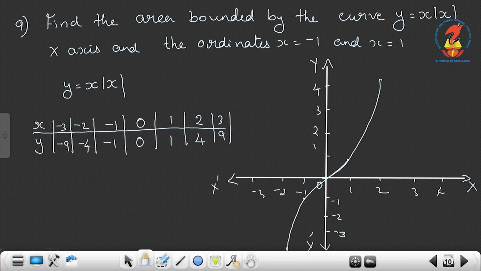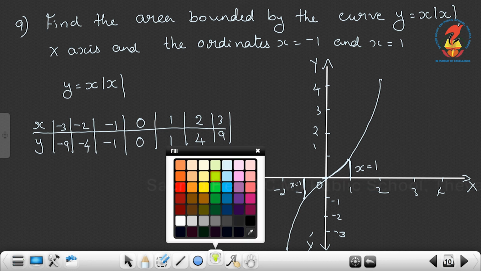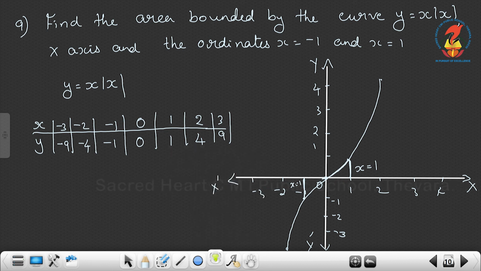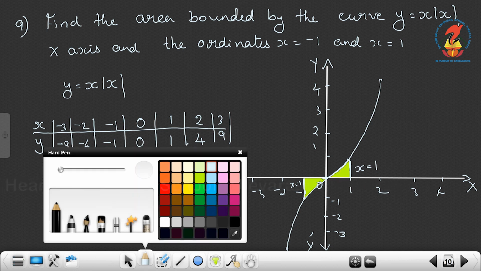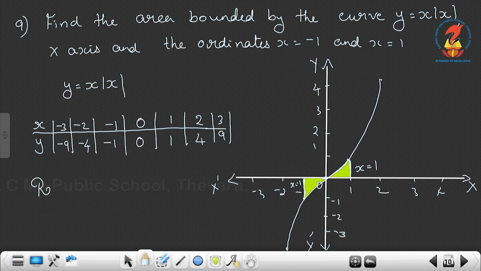Then the area bounded by the curve, x axis and the ordinates: the line x is equal to 1 and the next line x is equal to minus 1. So here we can say that both are symmetric. So the required area is 2 times the area in the right hand side. So the required area is equal to